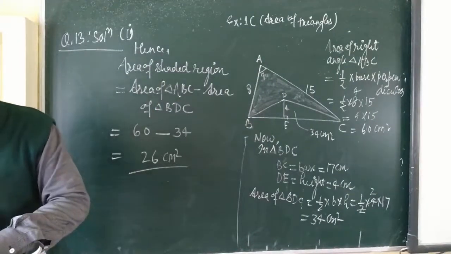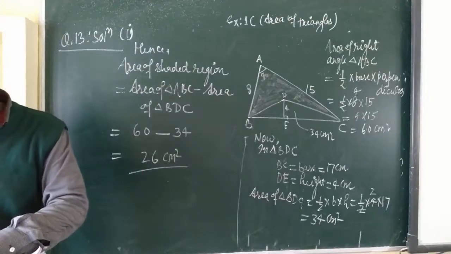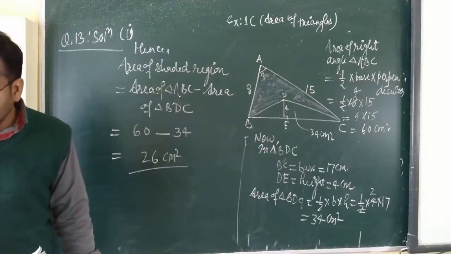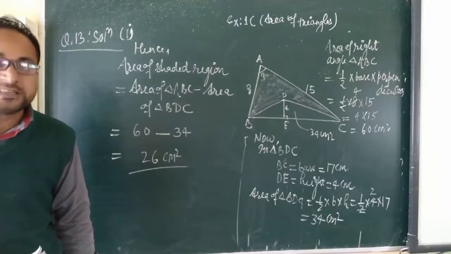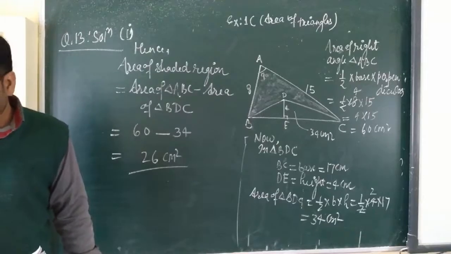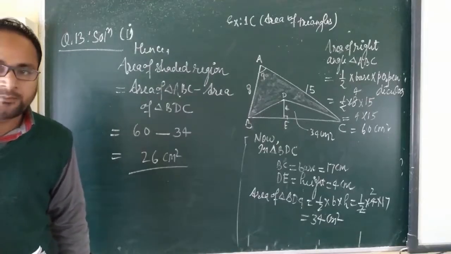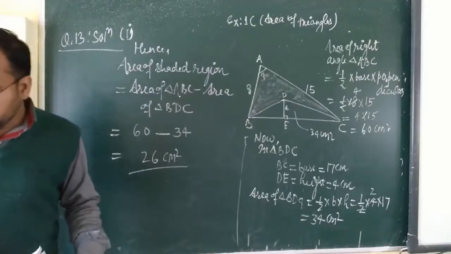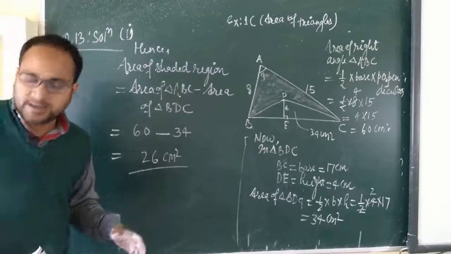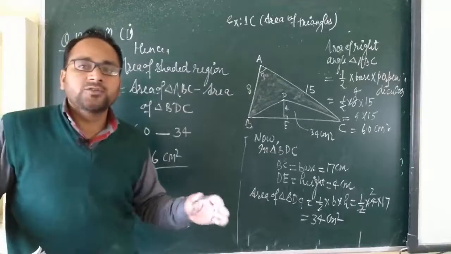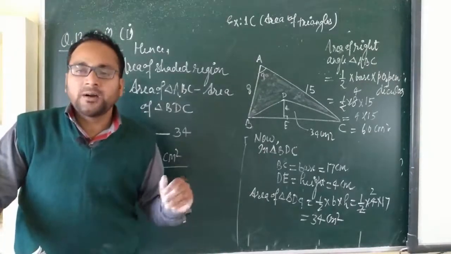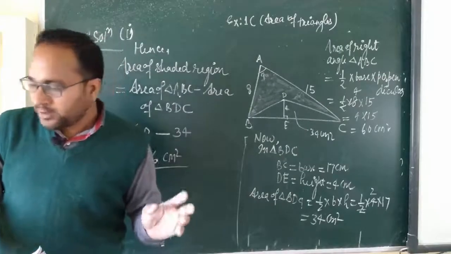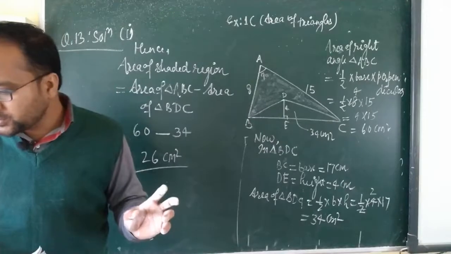Second one, find the total area of this figure. Okay, 25 is multiplied by 2, it is a rectangle, students. And then after you will find the area of all this 4 figures which are inside. First one is a triangle, hypotenuse and perpendicular is given. You can find the base and then you will find the area of this triangle. Second one is an equilateral triangle, all sides are equal. Then you know the formula root 3 by 4 a square. You can put the value of root 3 also, 1.732. Okay, and then you will find the area of this figure also.